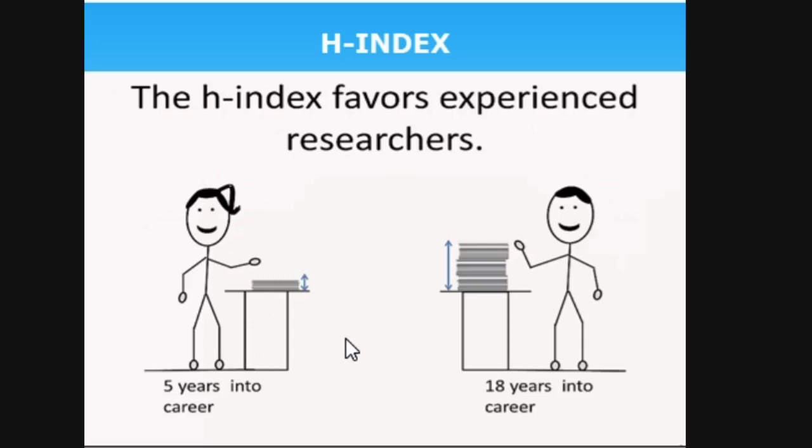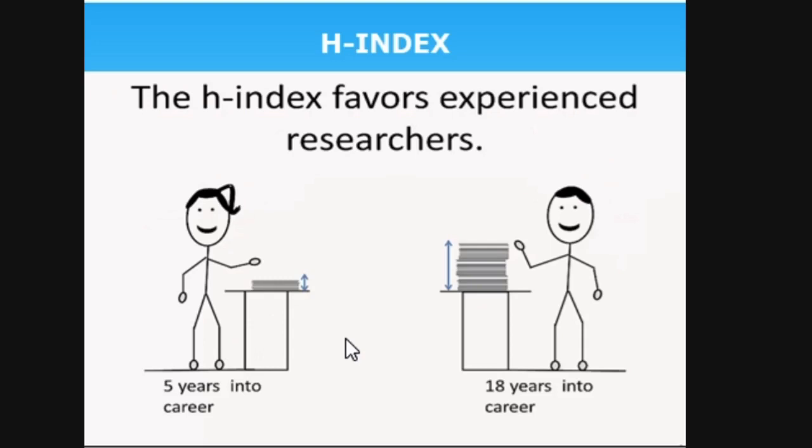That is not the case, okay? And that is in case of different disciplines. And one more thing, H index favors experienced researchers. Remember, citation usually takes a longer time to accumulate. Immediately after publication, you will not get citations. It will take longer to get more and more citations. So a professor will have more citations than an assistant professor.